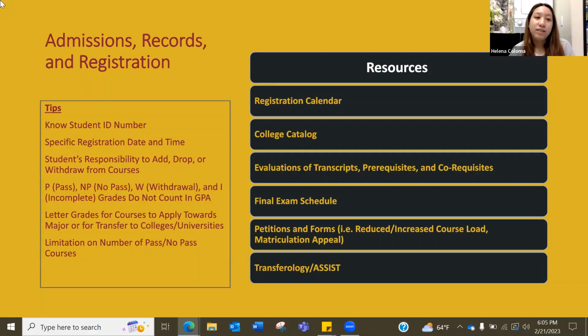And then you're also given a specific registration date and time. What that refers to is when you're registering for your class schedule. Every student is given a specific registration date and time so that when students are signing up for classes, they're not all coinciding at the same time. Priority is usually given, depending on what college you go to, to freshmen or to the ones that are seniors. Everyone in between is not given as much priority, but as a freshman, it is important to know what your registration date and time is, so you're signing up at the time that you're supposed to,